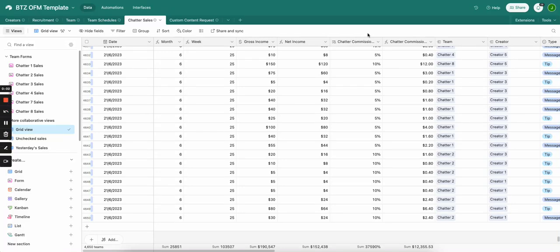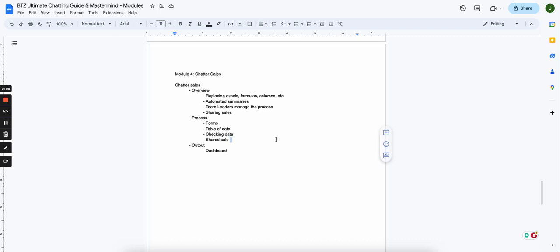Chatter sales is the next module. This module is going to describe how we deal with tracking sales, sharing sales, and submitting sales. That sounds like a really basic, easy task, and I imagine the majority of you will